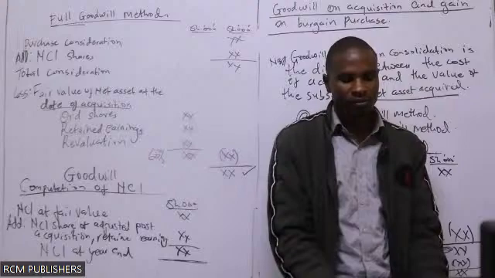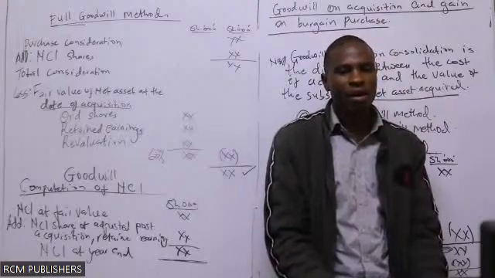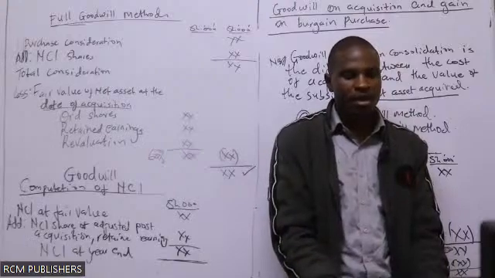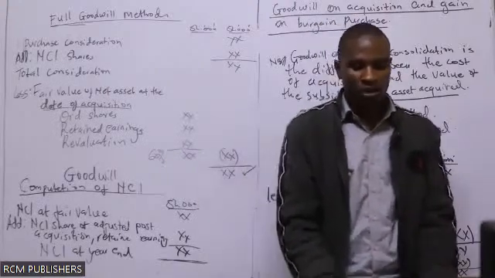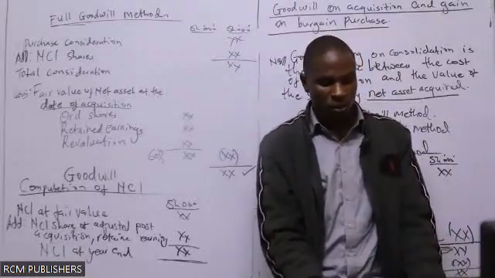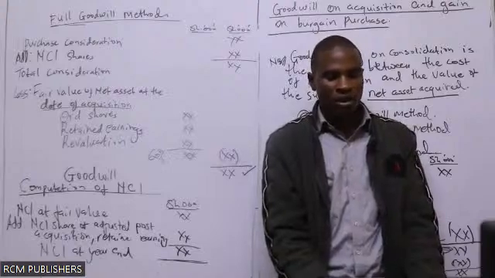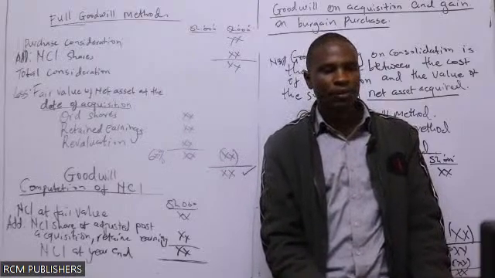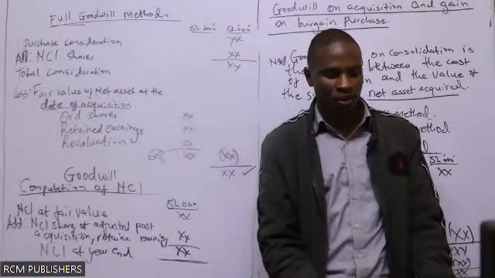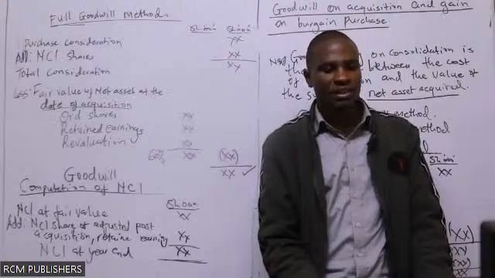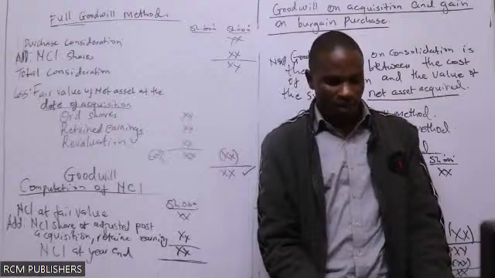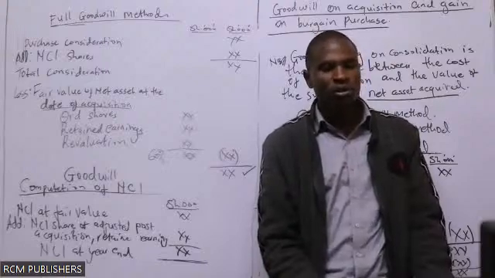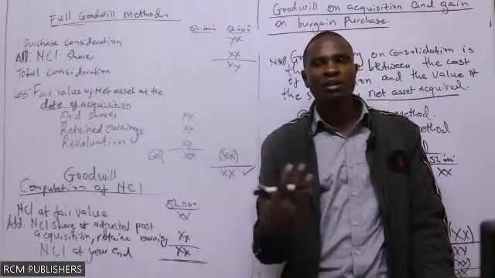IFRS 10, International Financial Reporting Standard 10, states that an investor controls an investee only if it has the following. One, power over the investee. So if you have power over the company that you want to invest in or purchase shares from,